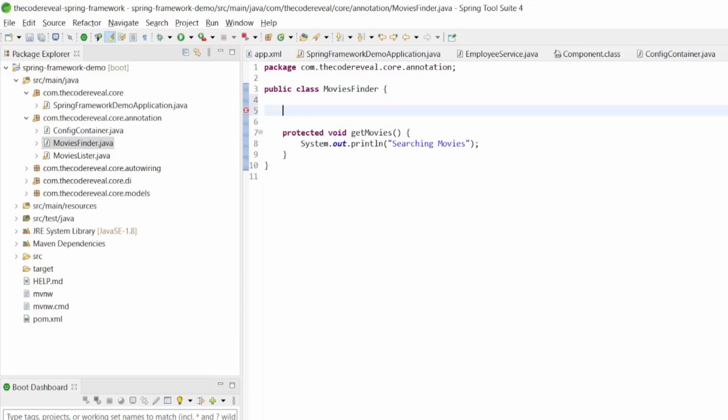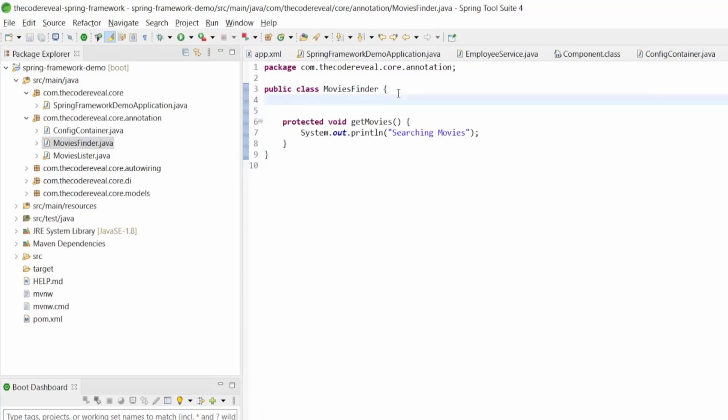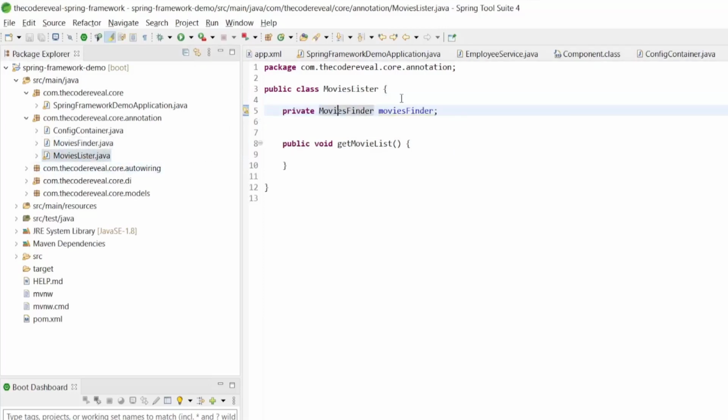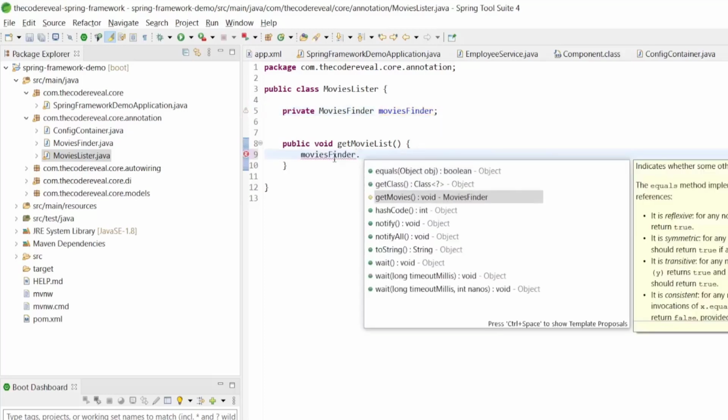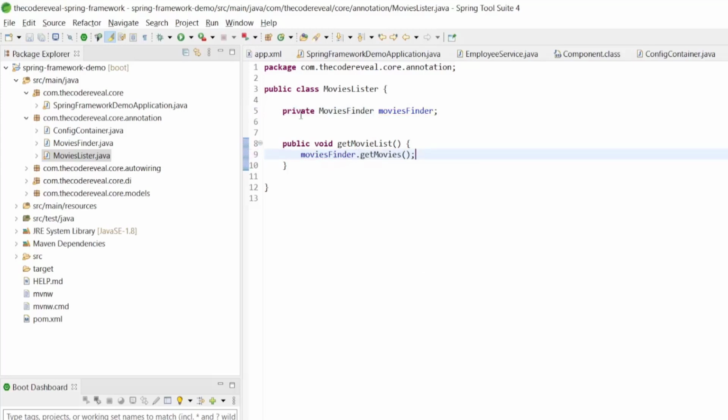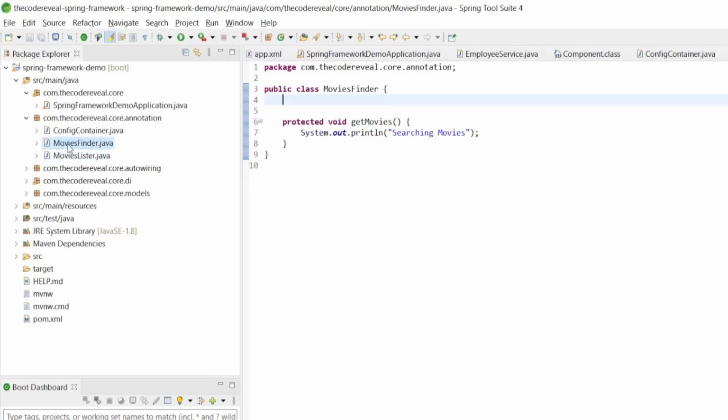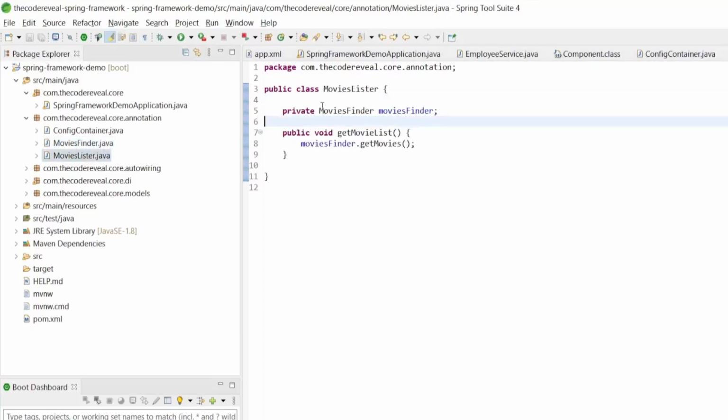Let's add here private movie finder, and movie finder dot get movies. So this is what we are doing here. We have created the movies finder class and movie lister.